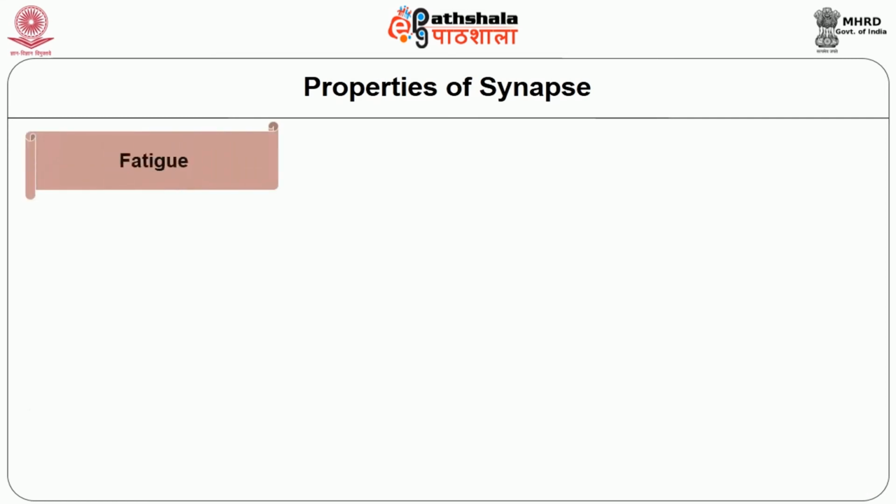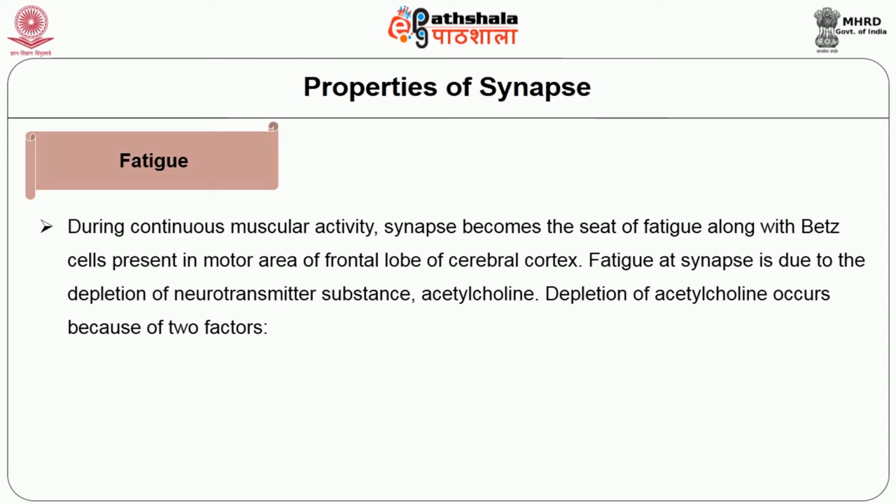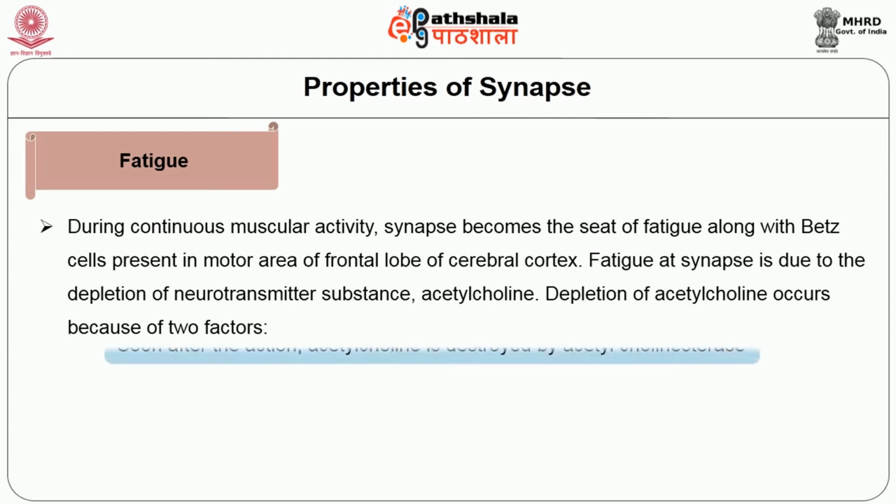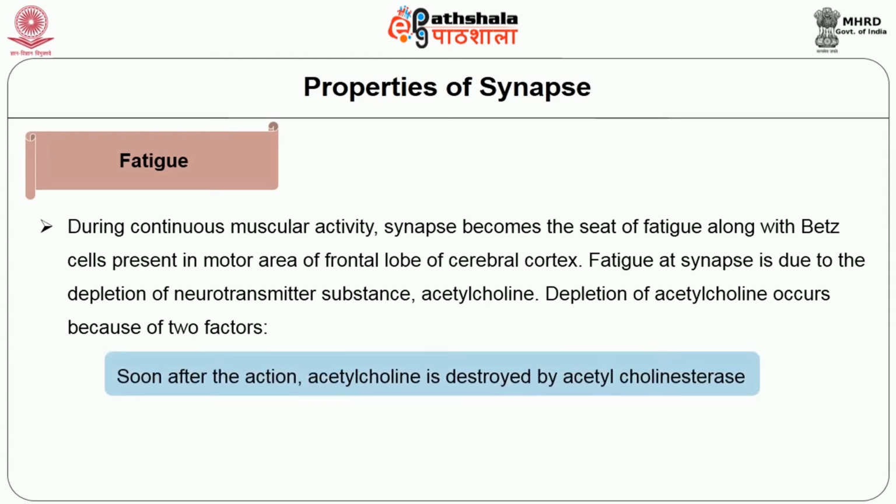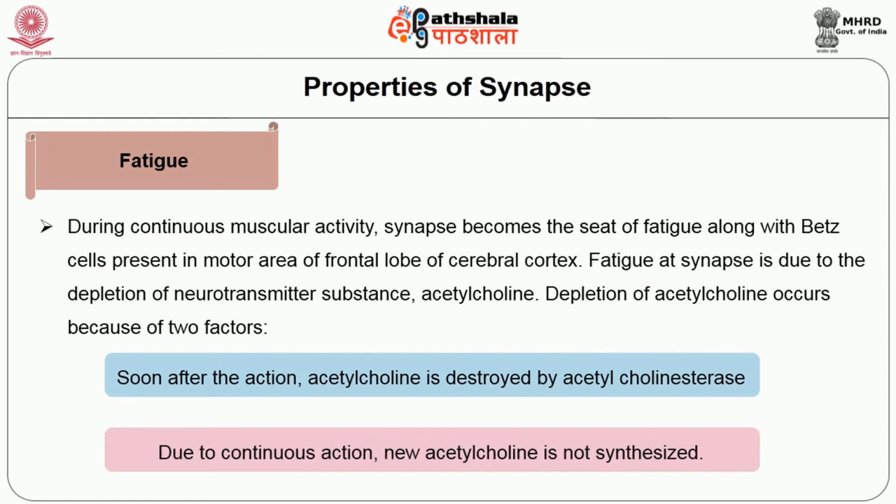Fatigue. During continuous muscular activity, synapse becomes the seat of fatigue along with Betz cells present in the motor area of frontal lobe of cerebral cortex. Fatigue at the synapse is due to the depletion of neurotransmitter substance acetylcholine. The depletion of acetylcholine occurs because of two factors, that is, 1. Soon after the action, acetylcholine is destroyed by acetylcholine esterase, and due to the continuous action, new acetylcholine is not